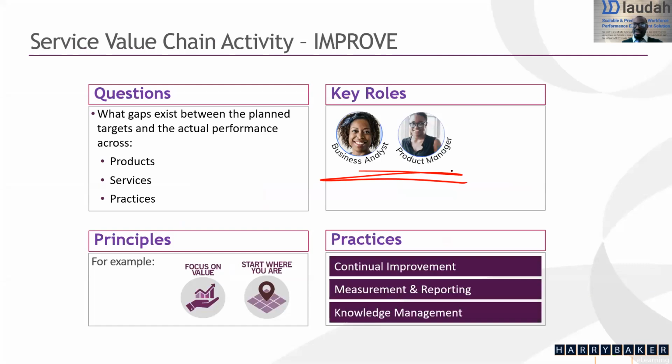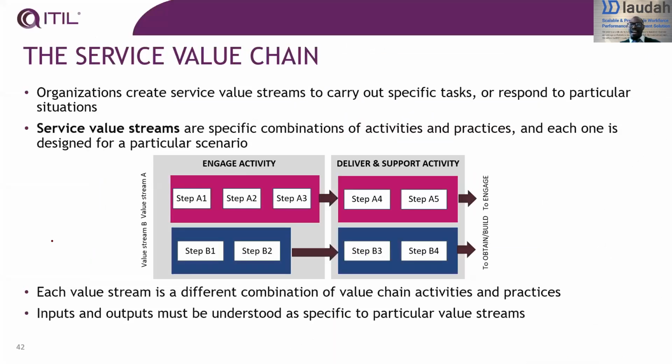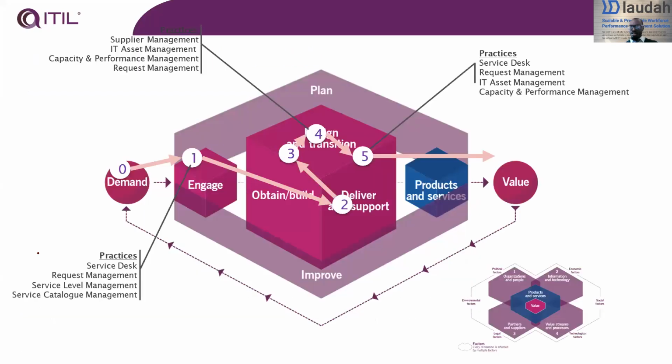And in improvement, definitely these two guys are core to improving the product or the service. And that is what we call the service value chain. And the service value chain in ITIL V3, if you are interested in IT or delivering value to customers from any space, ITIL V3 can really help, very, very well. So ITIL V3 helps us to actually create your own unique value stream, step by step, by making sure that we include all the right practices, we include all the right activities, and we make sure that we obey those principles. And at the end of the day, your customers are going to be happy for it,